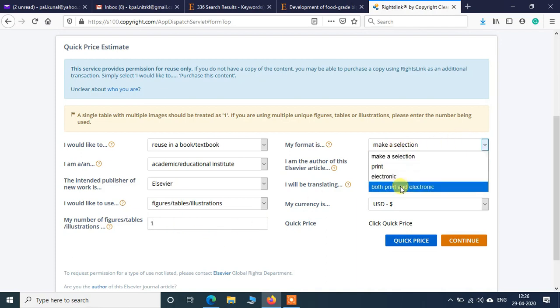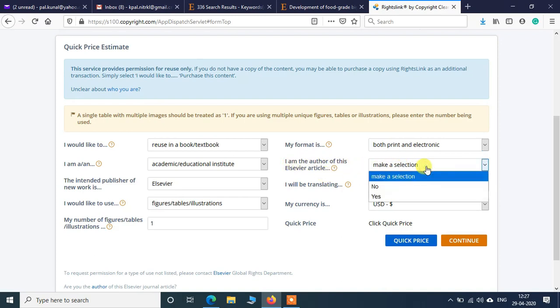My format is both print and electronic. It is the usual case for most of the journals and the edited books, whatever you are writing for. Okay, so I am the author of this article. If you are the author, you just click yes. In general, if you are using materials from other authors, then we will select no.